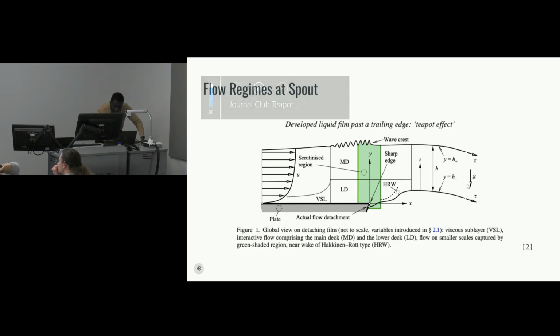So you said you have different dimensionless groups in each of these regions? What's the difference between MD and LD? What the paper did is it focused on that green region. MD stands for main deck, LD stands for lower deck, and so they had essentially